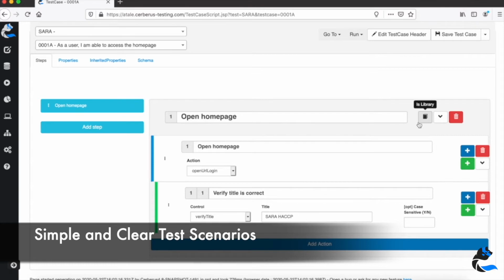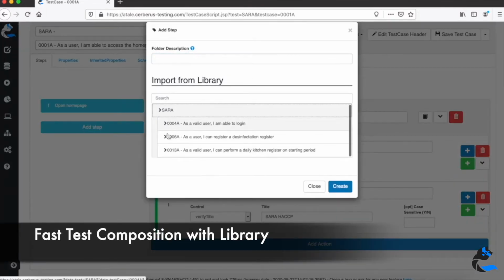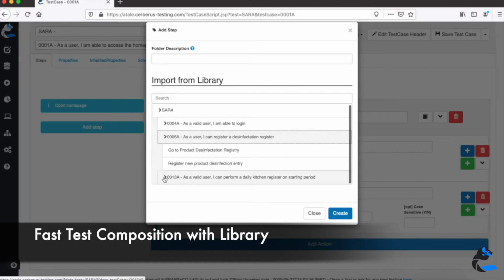If I go, for example, here, you will see a key feature of Cerberus that enables fast test composition and a library within the organization. The test library enables you to have a series of steps, a group of actions and controls, that you reuse across your various tests. If you have people that are really good at designing tests, they can do the design. Then the same people or QA engineers can do a very technical implementation of the specific test, whether it's for web, mobile, API, or other kinds of actions you want to perform.